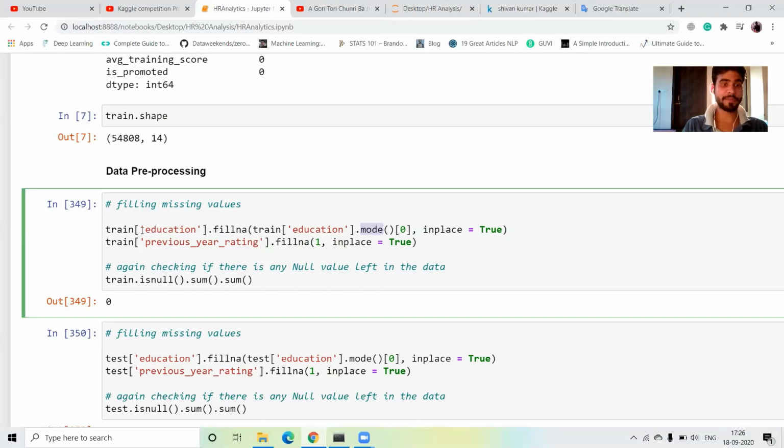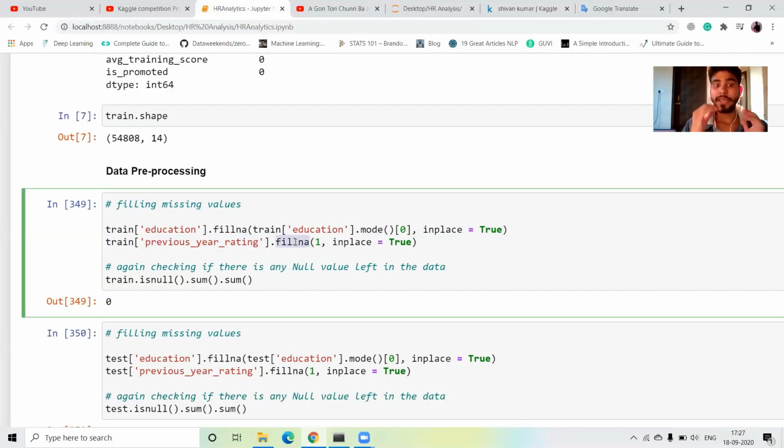We fill our education column using fillna. I just write train, take the education column, fillna using the mode, with inplace equal to True. And the same thing for the previous rating column: I take the train previous rating column, fillna equal to 1.